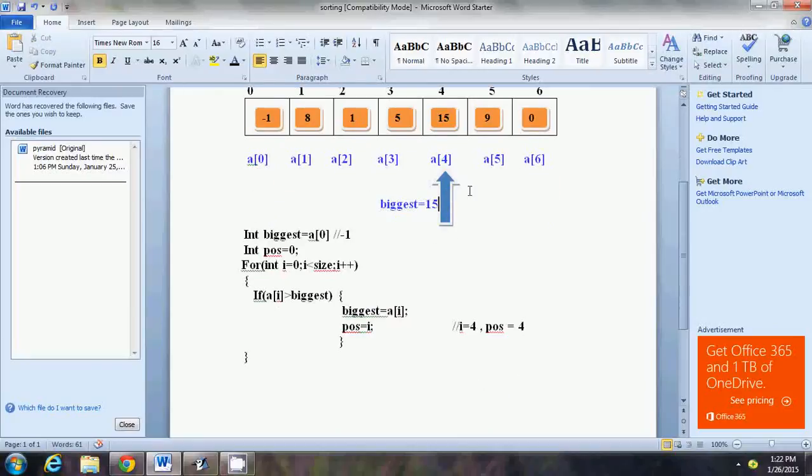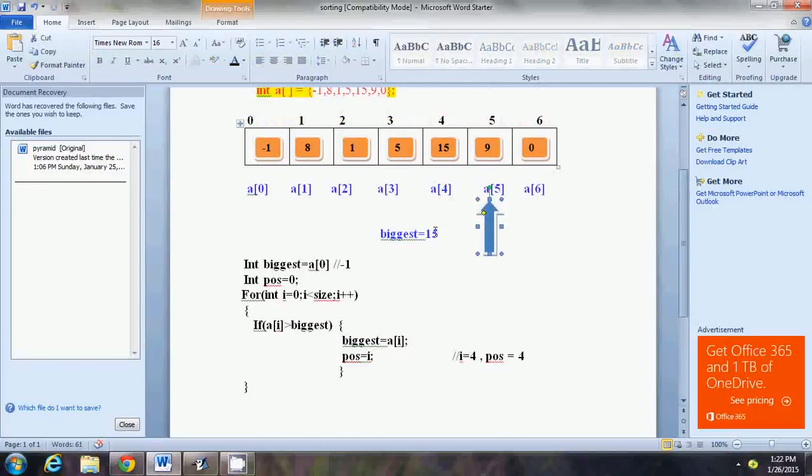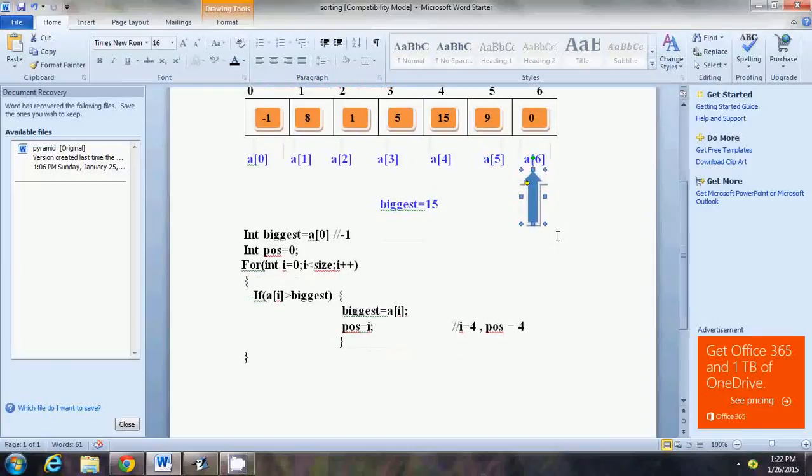What happens if we actually increment this and move further? Is 9 greater than biggest? No. Keep moving. Is 0 greater than biggest? No. Is 0 greater than 15? No. But by the time this loop would end,